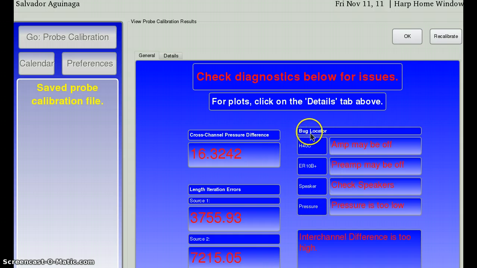And based on the numbers here and also the numbers calculated internally, we have some things here in the bug locator, some things which you could see which might be possible issues, such as the amp may be off, the ER10B preamp may be off, check your speakers, or just generally the pressure is too low. And there's kind of a summation over here about what some of the main problems are, the interchannel difference being too high. Now we'll take a look at the Details tab briefly,